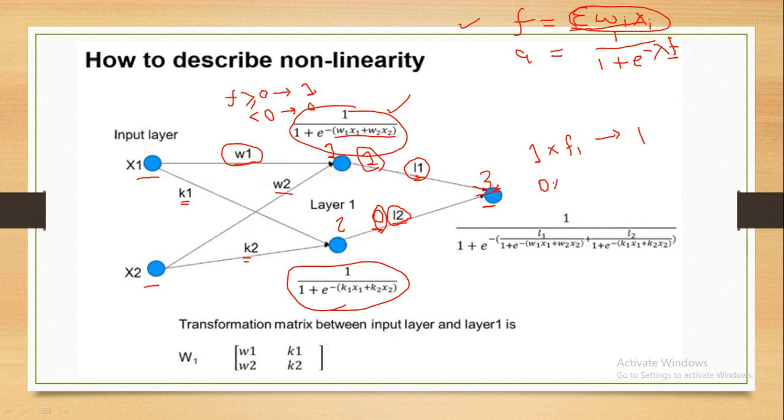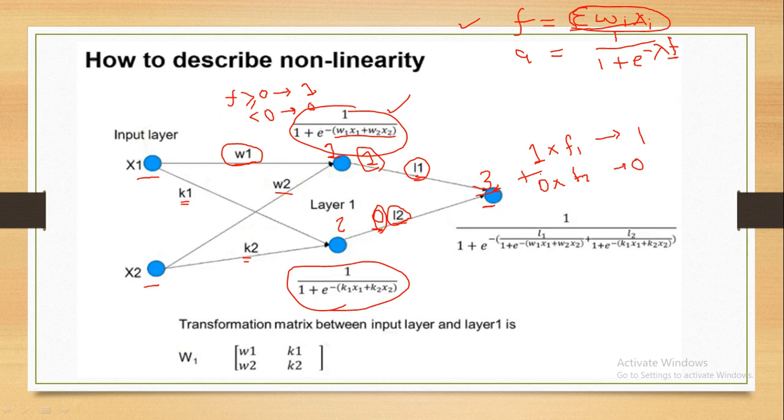Okay, and 0 into the outcome of the second neuron. So the outcome of this one will be 0, and that is nothing but an integration function for the third neuron, like WiXi. W in the sense is a weight matrix. So what weight did we get here? The first neuron's output is 1, that will be the weight for the third neuron. The second neuron's output is 0, that will be the weight for the third neuron.